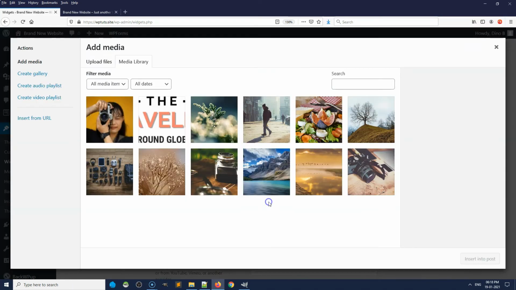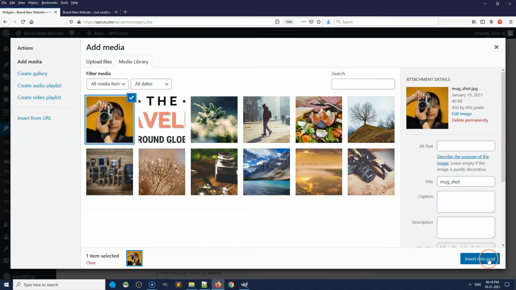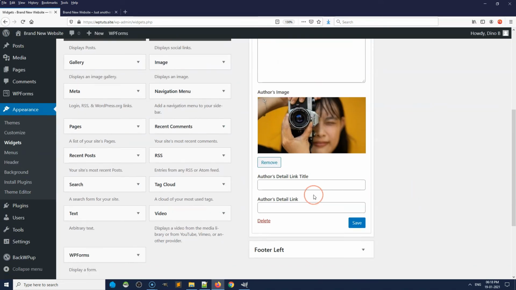Now let's upload the author's image. We will choose the existing image. Now let's add the author's detailing title. We will type it as No More. Now hit save.